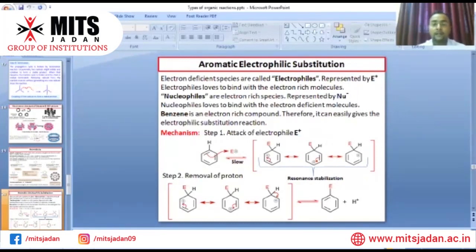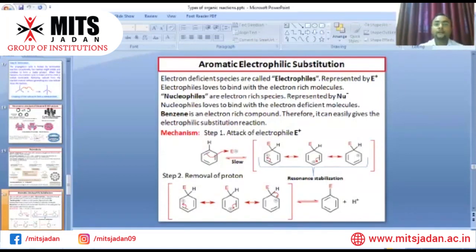In step 1, the electrophile attacks the benzene nucleus and abstracts pi bond electrons, and the positive charge appears on the carbon atom adjacent to the one where the electrophile is attached. This positive charge is neutralized by the pi bond electrons of the nearby carbon bonds, and the positive charge shifts to the para position. Due to this resonance stabilization, we get these resonance structures. In step 2, the proton is removed, and the C-H bond gives its electrons to the benzene nucleus to complete the conjugation, and we get the electrophilic substitution product.